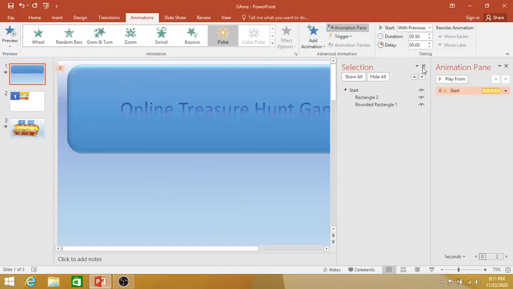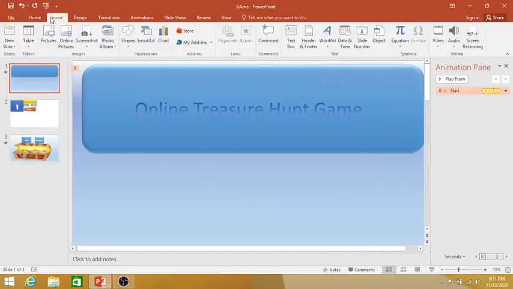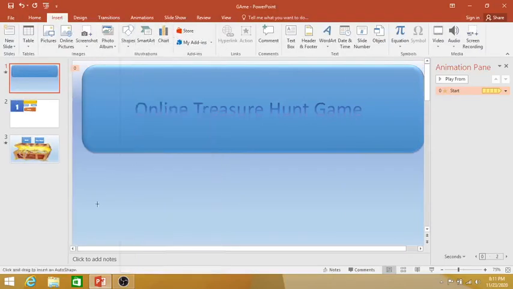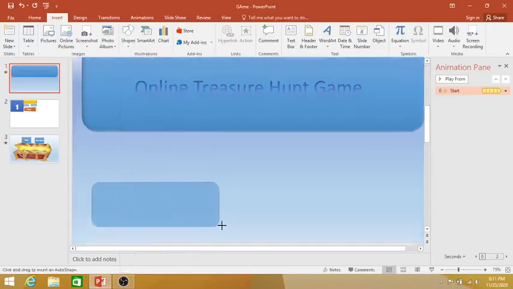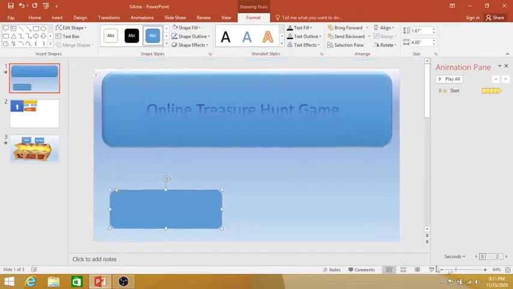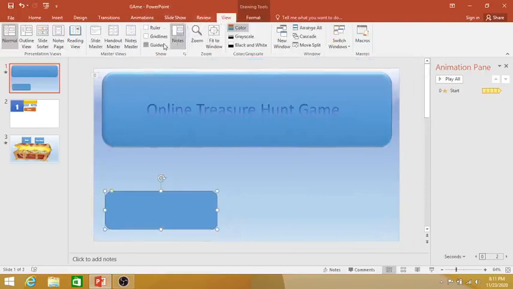And then what we have to do is go to insert again and go to shapes, select the curve rectangle, and then create a box at the bottom on the left hand corner, and then you have to adjust it, and then go to view and click on guides.